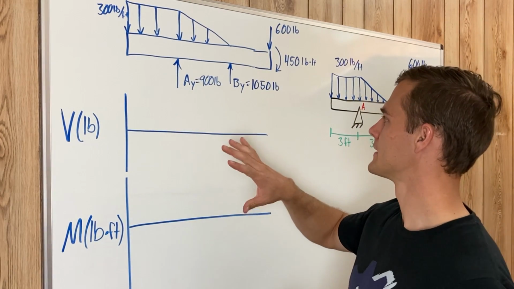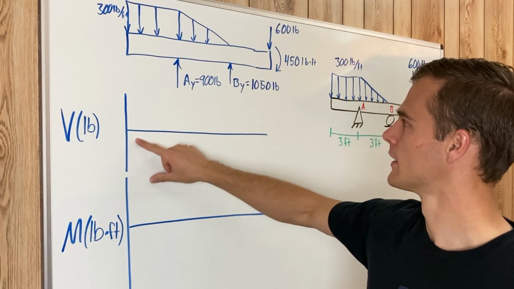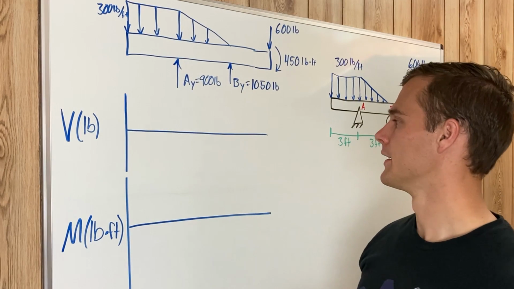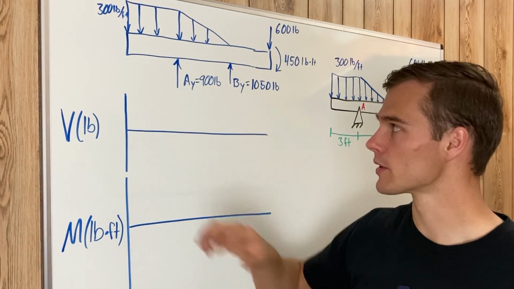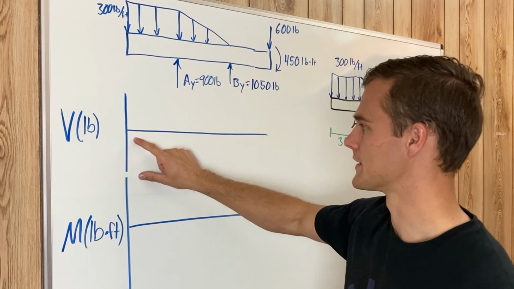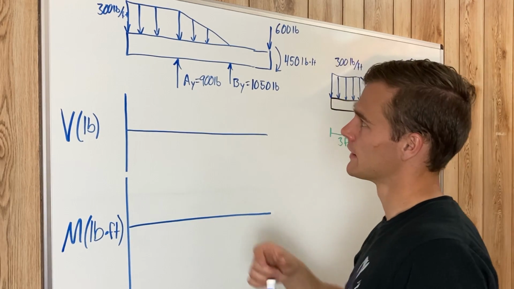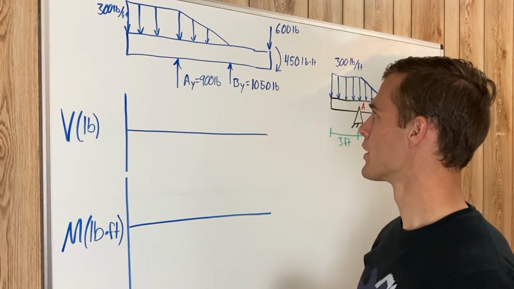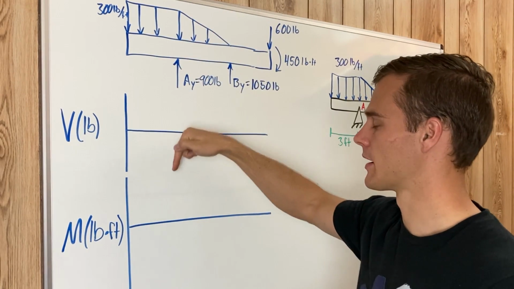So we have our axes, and now we are going to start with our shear diagram on the left hand side. On our beam we have our distributed load on that side, and the beam doesn't have any supports on this end, so it's not going to resist any shear. So it's going to start at 0. The internal forces at the end of the beam are going to be 0. And then it's going to start going down because of this distributed load. Remember that because it's pushing down, our shear diagram is going to go down,